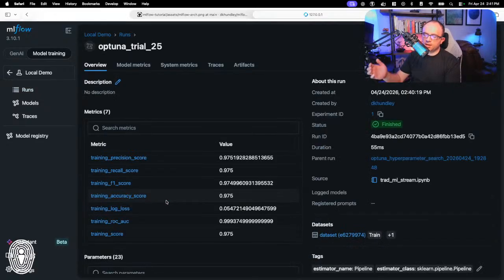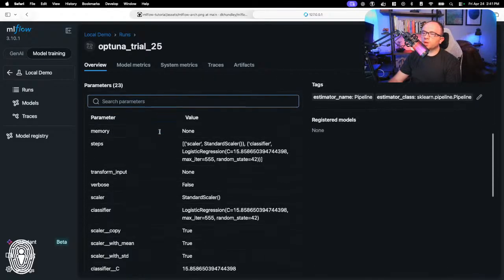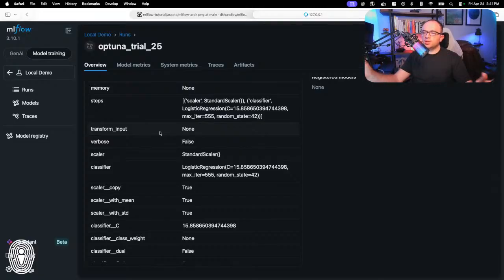And then again, here's auto logging in action. So we have all of these different metrics that were run here. We have all of our respective parameters, and I did not need to do any of that myself. Now, if I were working with a library that was not supported by MLflow auto logging, then I would have